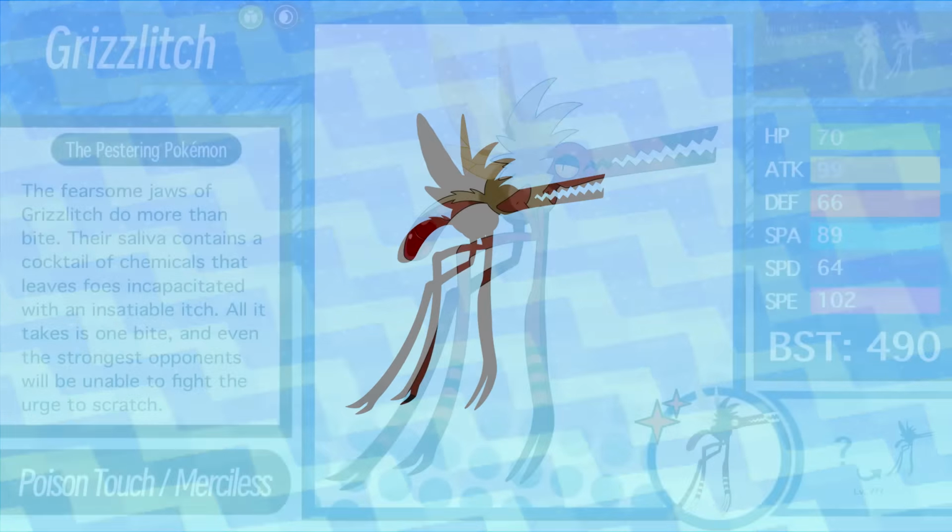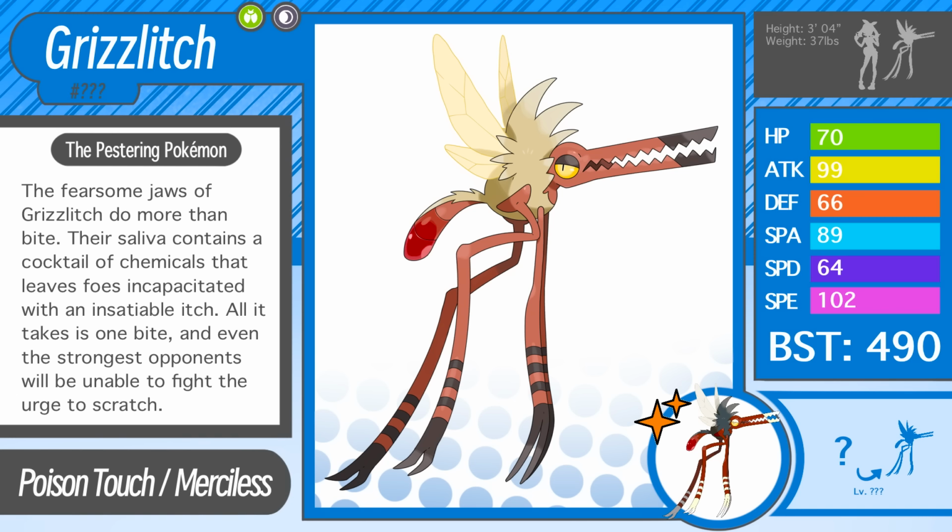A nasty Pokemon known for being irritating more than anything else. Not a particularly strong Pokemon. Not so much a Pokemon that will crush its opponents, but rather whittles them down. But it also kind of has a style to it. It kind of has this sort of punk aesthetic going on where it thinks itself pretty cool. And it shares that with Thad.